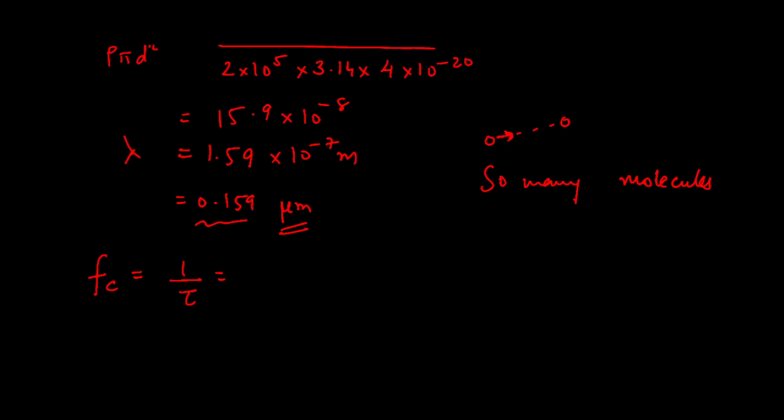Okay, so 1 upon tau is equal to, if you write tau, what was tau? It was lambda upon v. Did you get this? 1 upon tau is v upon lambda,